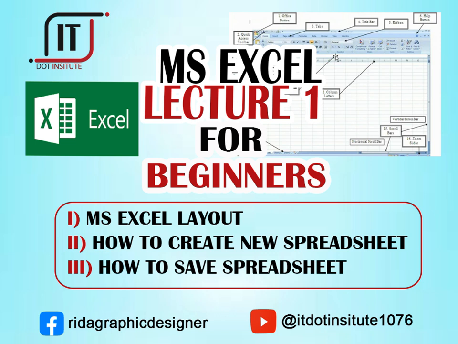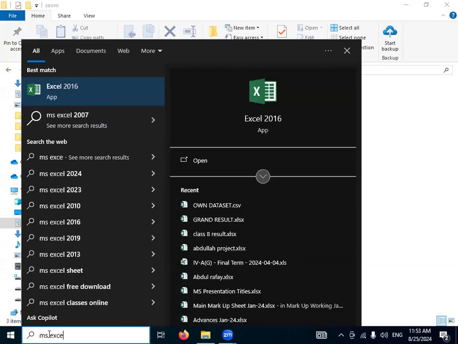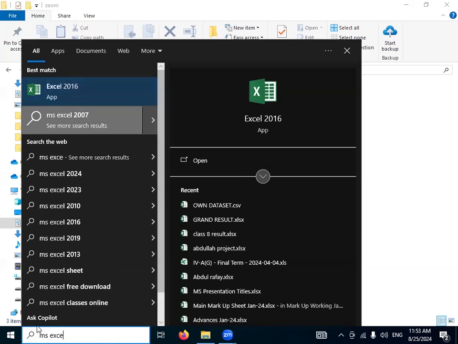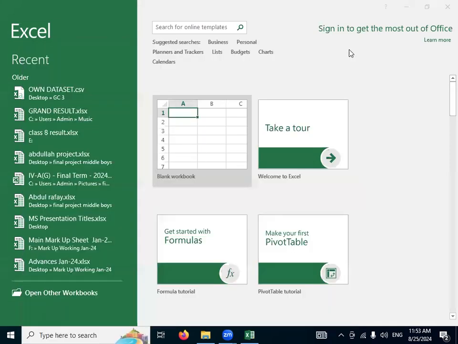When you click on the start button, in the search box, you have to write MS Excel. First you have to install MS Excel. If MS Excel is already present in your system, then you will be able to open it. I have installed 2016 MS Excel. So when I click on search and write MS Excel, MS Excel will display on the pop-up menu. Now I will double click on this icon. When I double click, it will display this kind of page.